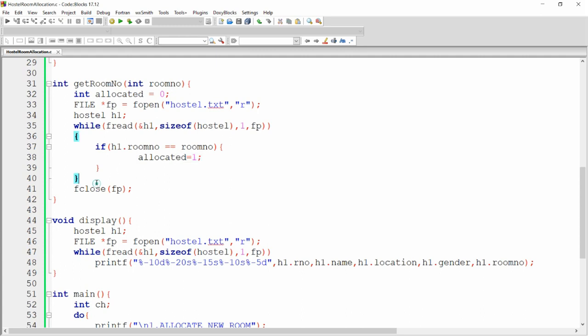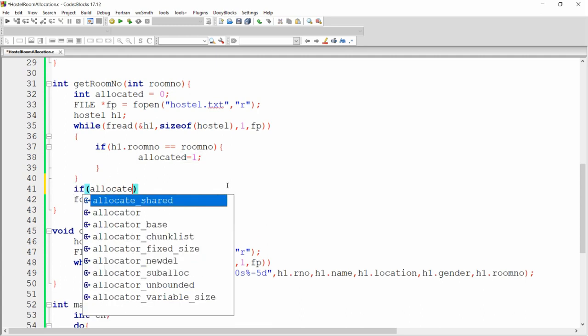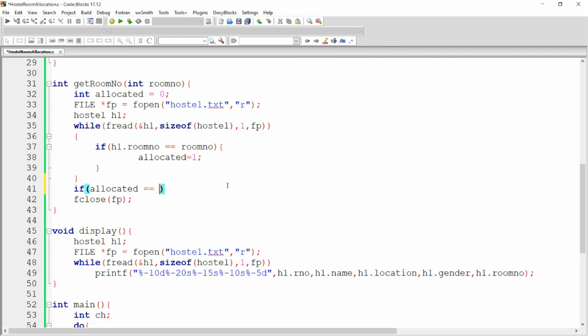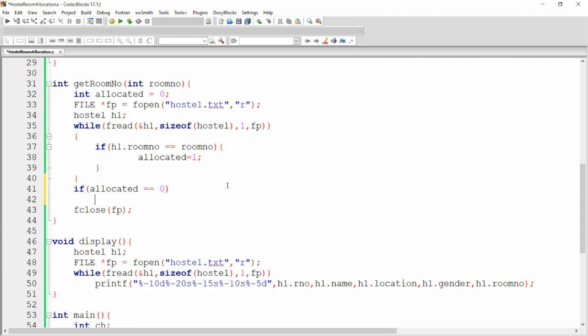So what we can do here, if allocated is equal to 0, it means the room is not still allocated. If room is not still allocated, then you can simply return the room number that you have got from the user.